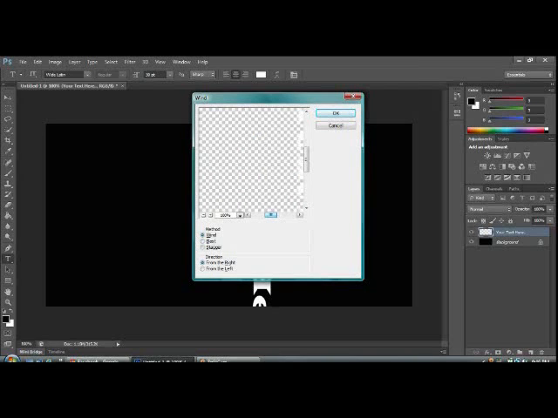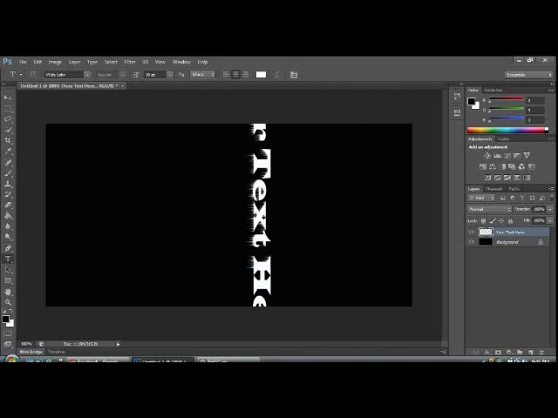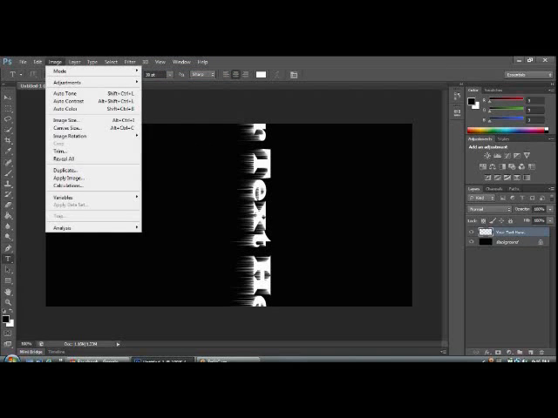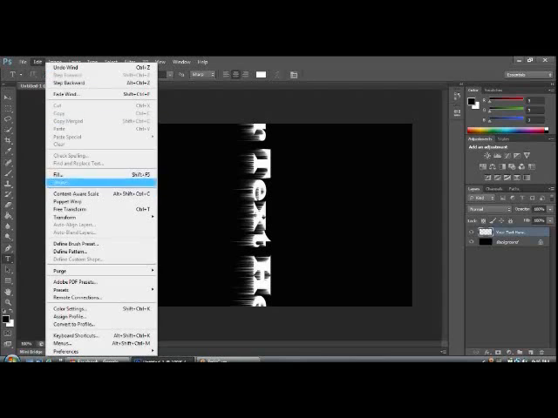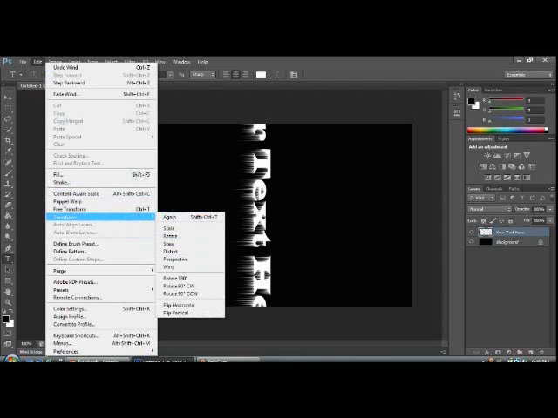So the direction of your wind is from the right, and click OK. To add more wind effect, just click the filter wind, or just hold Control F if you want to add more wind effect.